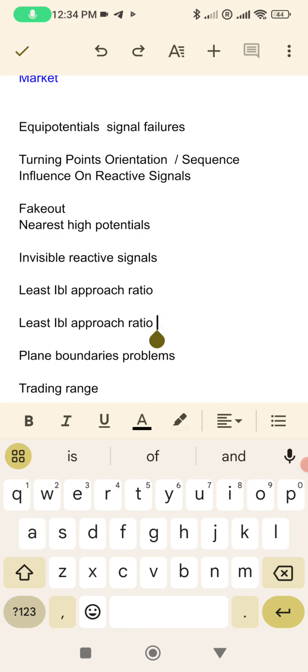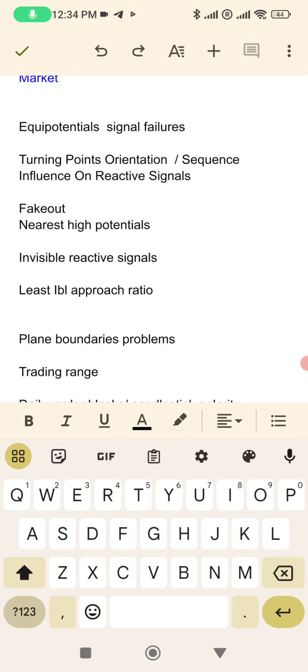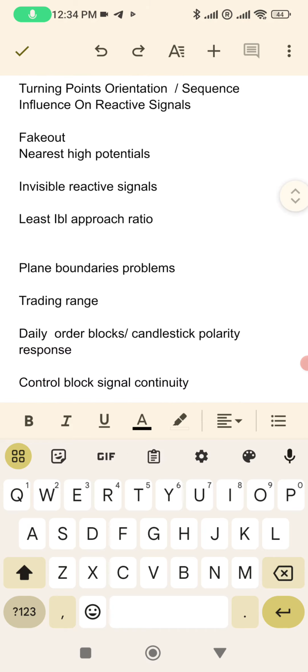We're going to delete this because it's repeated. Plain boundary problems, trading range, daily order plus